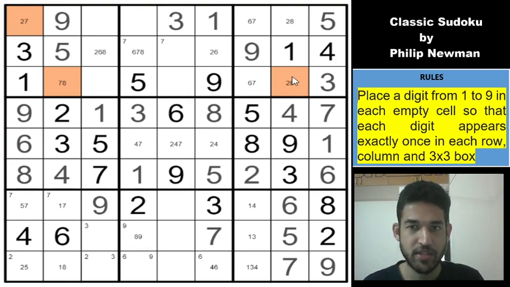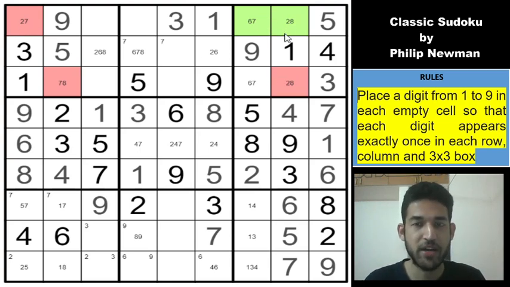So these are the wing cells, and from the cells which have an effect on both of these, only these two cells, if you look carefully, have an effect on row 1 column 1 and row 3 column 8. Which means that you can eliminate the common digit from these cells. So 2 can be eliminated from these two cells. 2 is the common digit from row 1 column 1 and row 3 column 8. So 2 can be eliminated here.